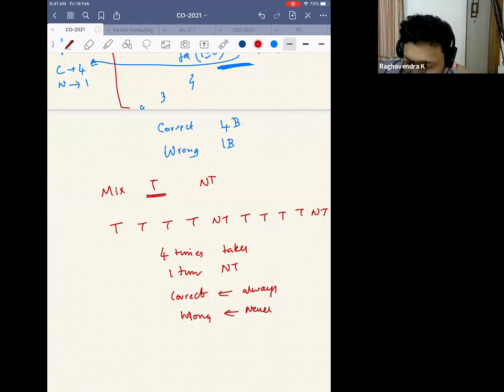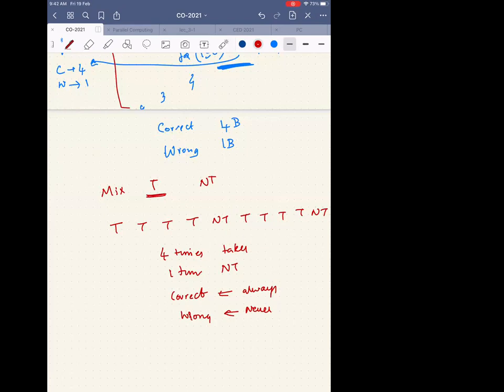Let's say I have some history. There is some observer, some hardware that is sitting and seeing that it is taken, taken, taken, 4 times taken, 1 time not taken, 4 times taken, 1 time not taken. So I see some history, right? I look at the history and then I modify my predictor such that it also starts predicting taken, taken, taken, and not taken. So it's some kind of history, right? So that's what you are trying to say, right? Now my question is, can hardware do that?